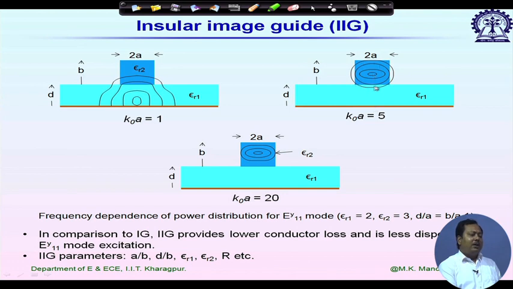So we will be facing only the dielectric loss and we can minimize conductor loss. That is how insular image guide provides lower loss compared to image guide. We have one additional parameter here, the thickness of the second dielectric and the dielectric constant of the second dielectric. One observation is that epsilon r1 for this bottom dielectric should be as small as possible, so that most of my electromagnetic wave is confined to this top dielectric channel.